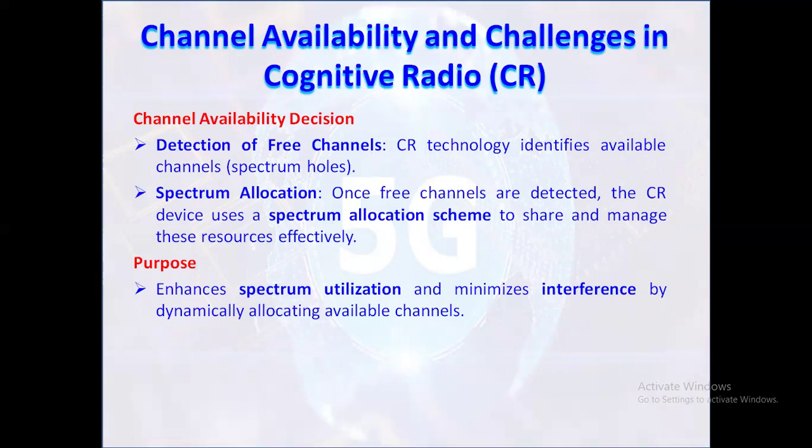Once these free channels are detected, the next step involves the spectrum allocation scheme, which allows CR devices to manage and share these channels effectively among users. The goal is to enhance spectrum utilization by dynamically allocating available channels, which helps minimize interference and maximize the overall efficiency of the communication network. This adaptability makes CR technology highly effective in environments with varying levels of spectrum